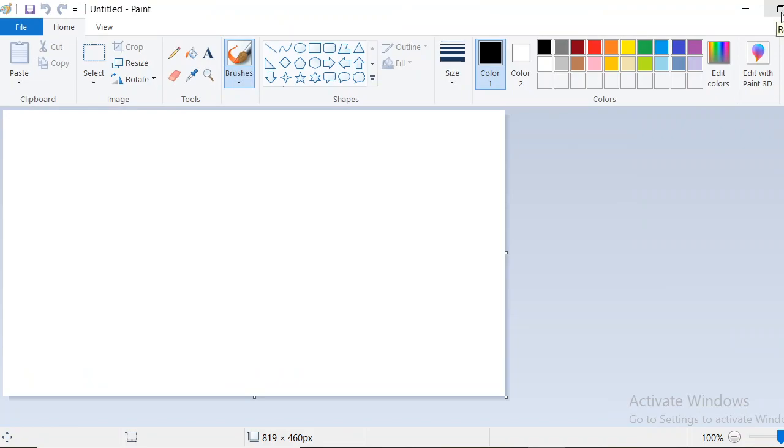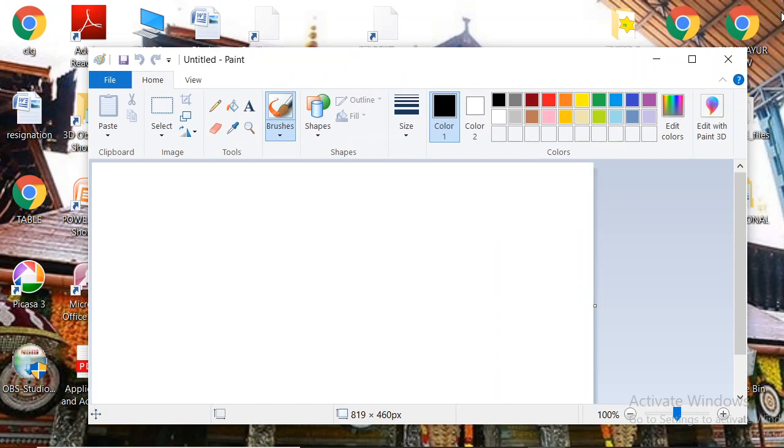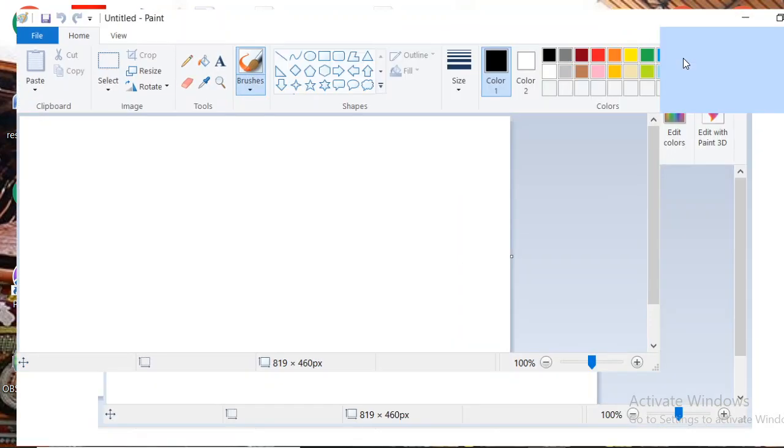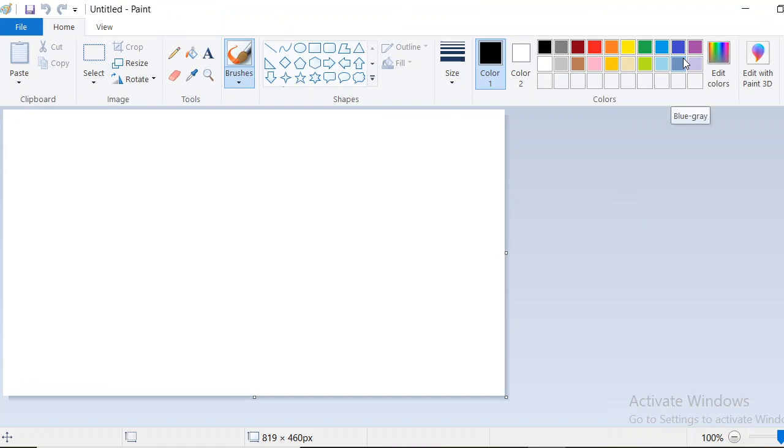That symbol also changed; two squares are displayed there. The name is restore button. One button acts as two. Once you maximize, it automatically changes to restore. When you click on this restore button, our window goes to the previous position. So, maximize or restore. Then the last button is the close button, to close the program.